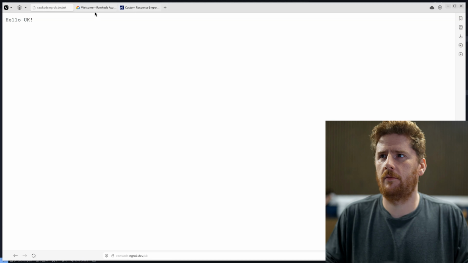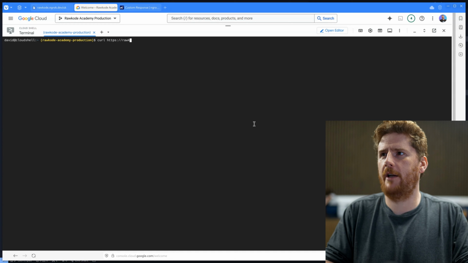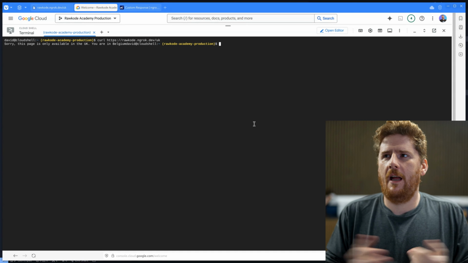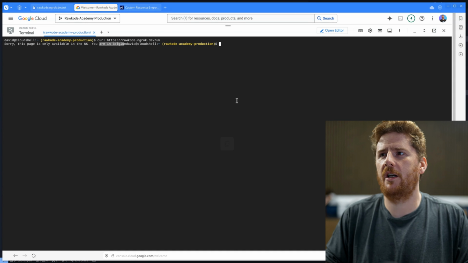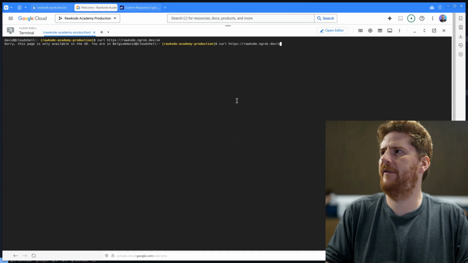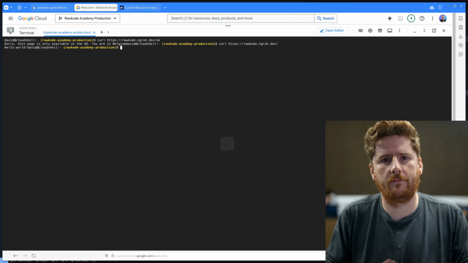So let's run curl https raw code ngrok.dev/UK. And now our Cloud Shell tells us that it cannot access this website because we are in Belgium, but we haven't affected any other page. Perfect. So I hope you see just how powerful traffic policies with ngrok can be, and we've barely scratched the surface. Go explore the documentation where you'll find examples of doing